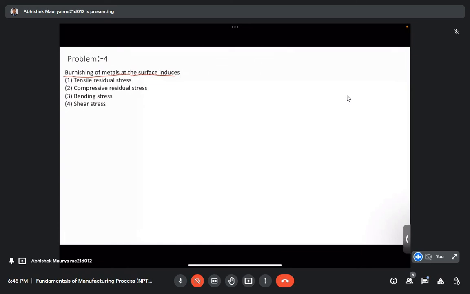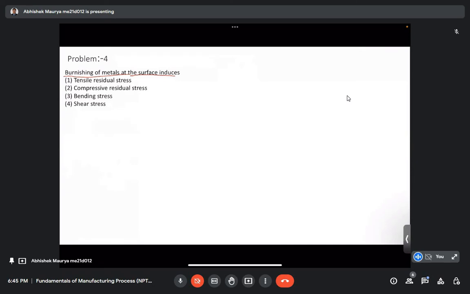If I want to tell you the definition of the burnishing process, it is basically plastic deformation of the workpiece by the relative movement of tools, and that plastic deformation is very local deformation,